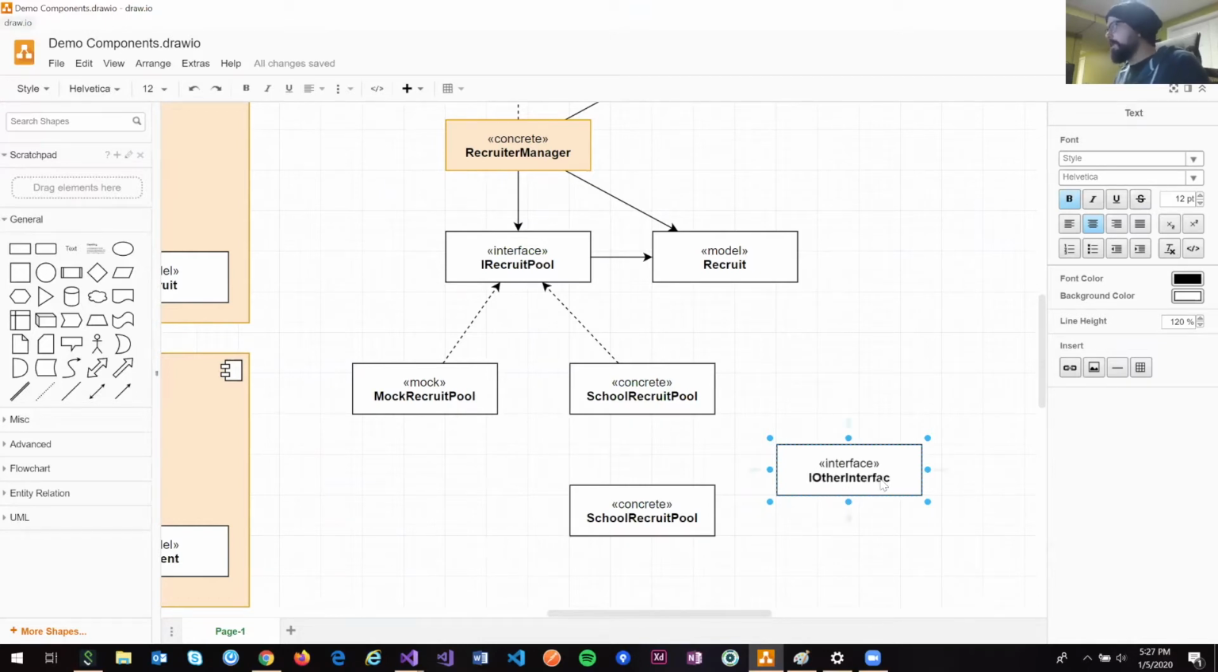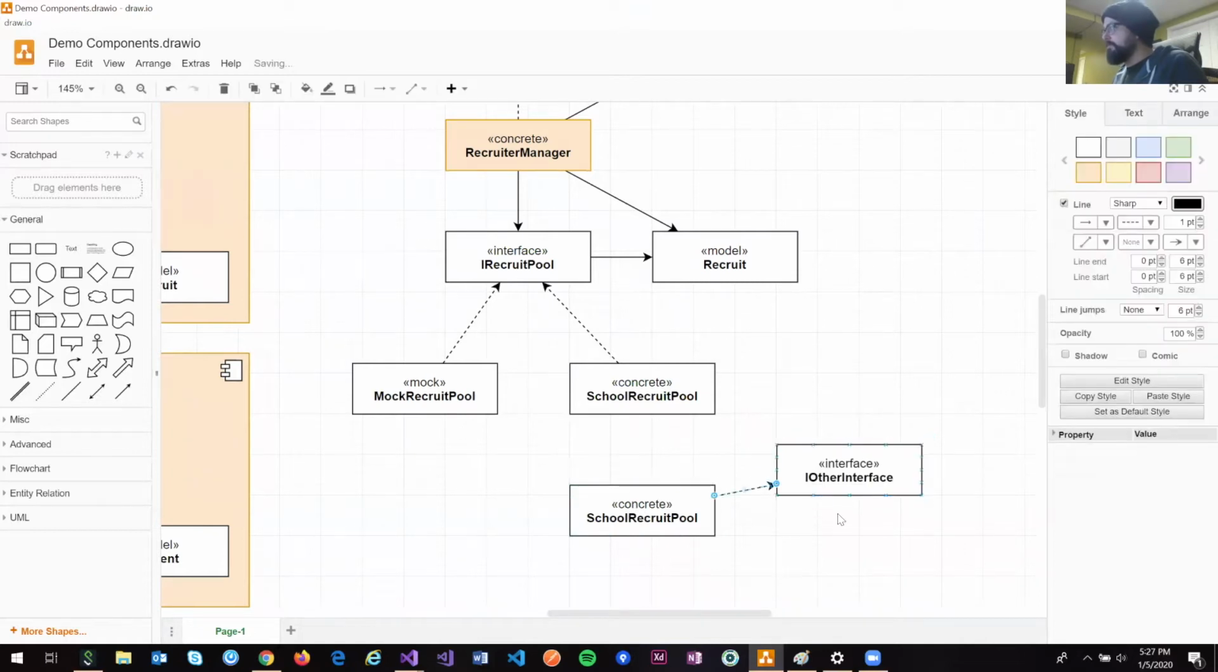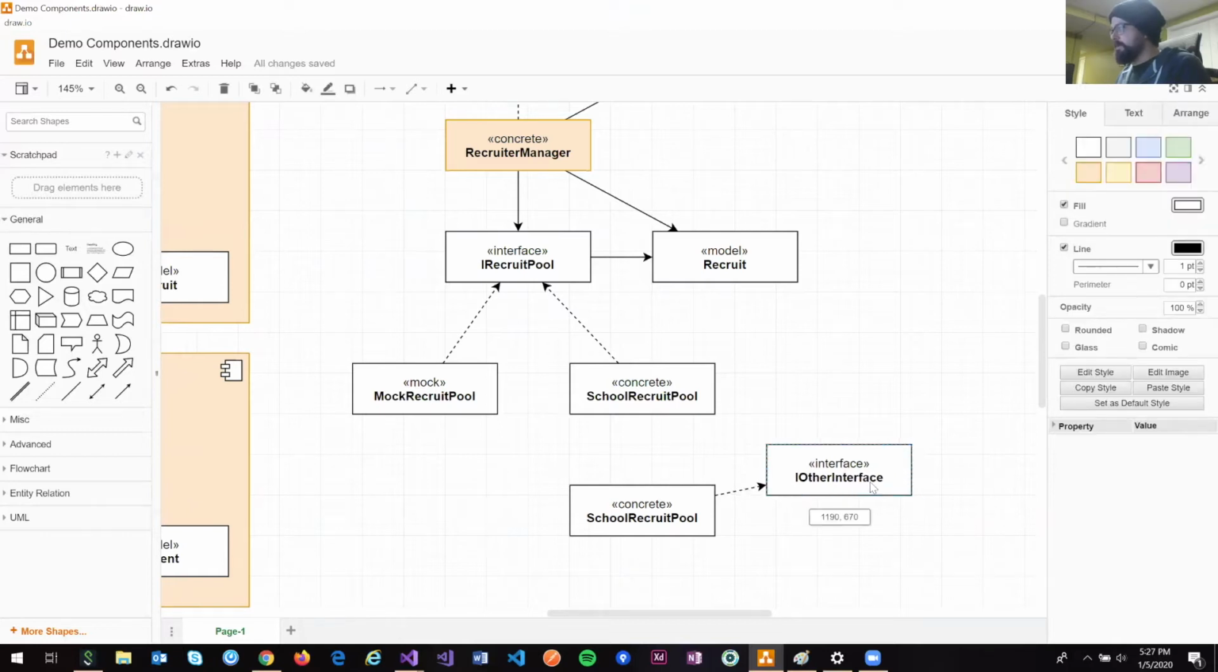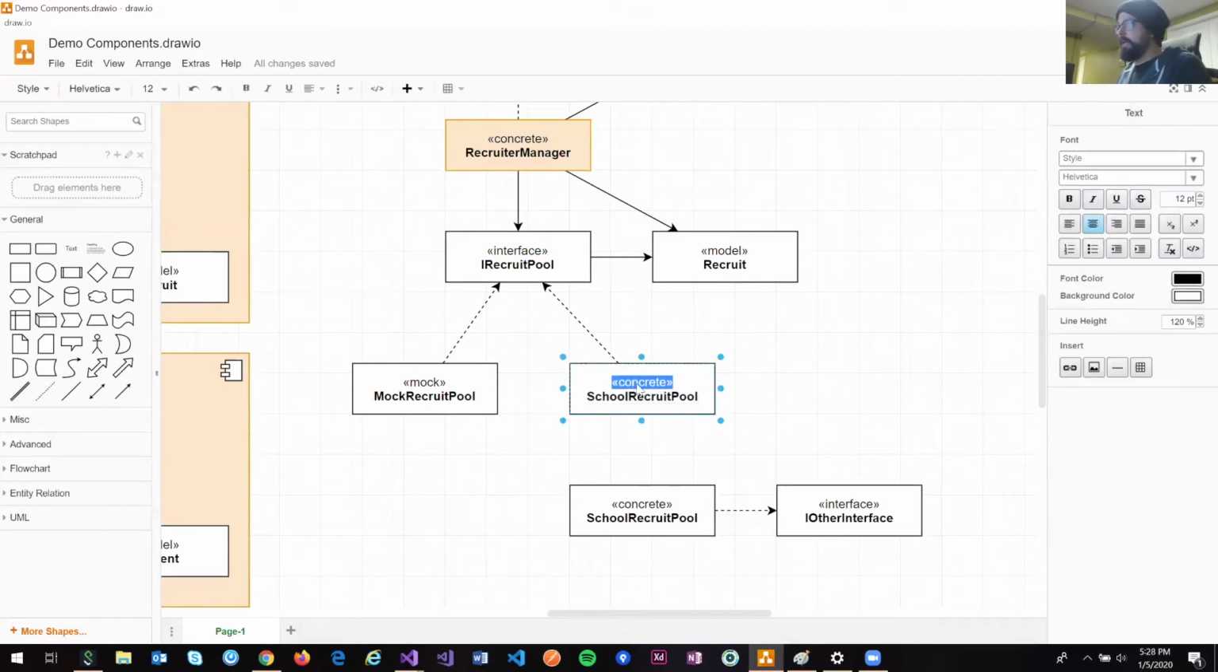Because third-party companies don't know about your expected interface, they know their interfaces. So this thing would actually be implementing this interface, and this is developed by some third party. Well, we still need our interface because we don't know it, nor do we care how they implemented their recruit pool. So what we do in this situation is we might create an adapter component,